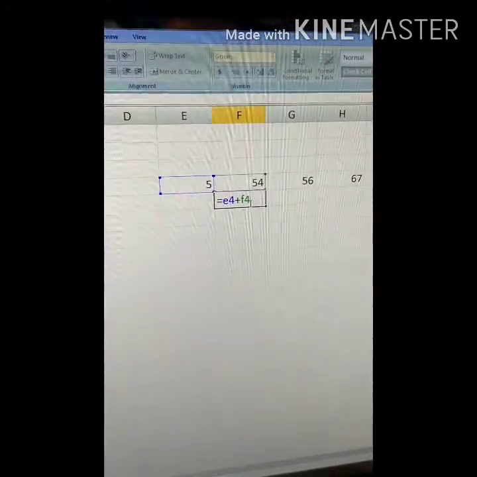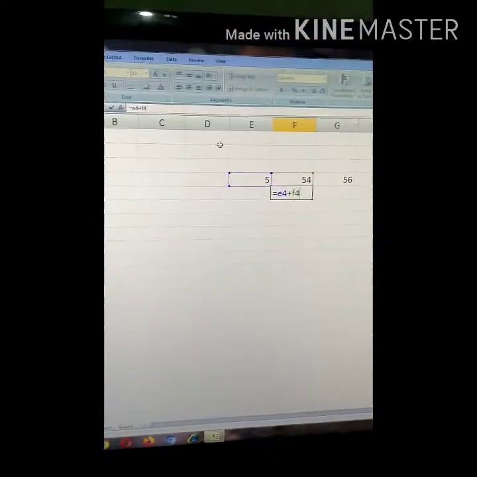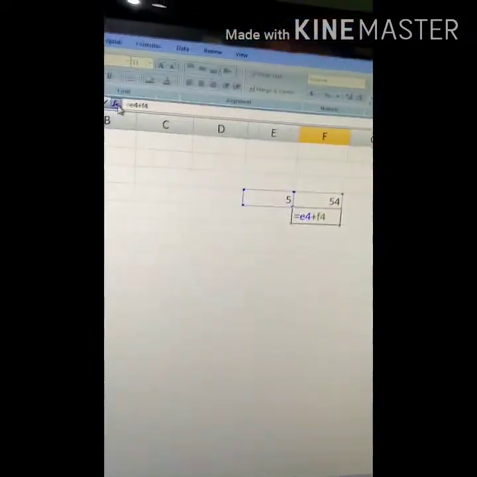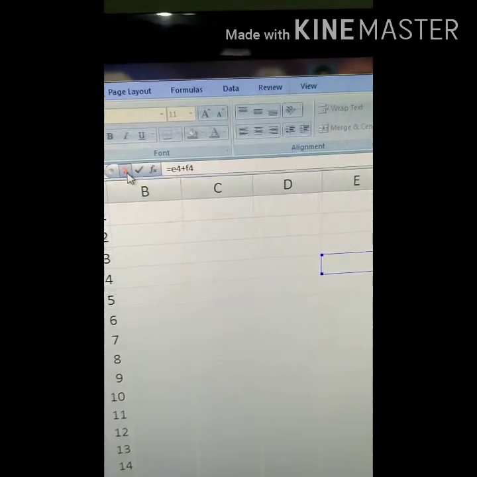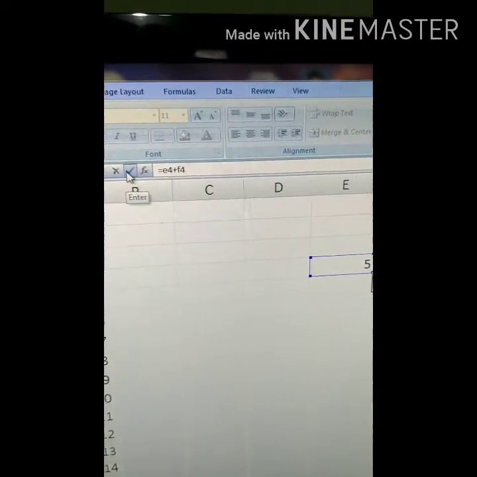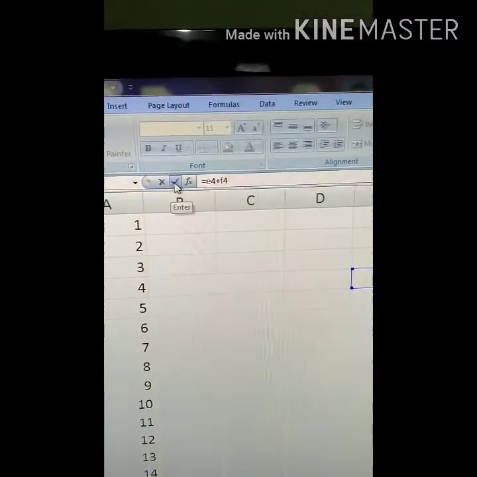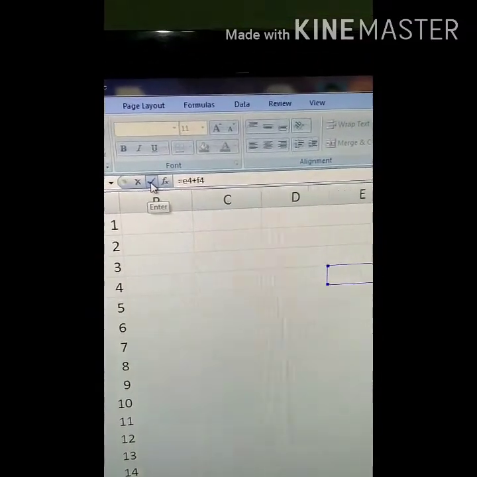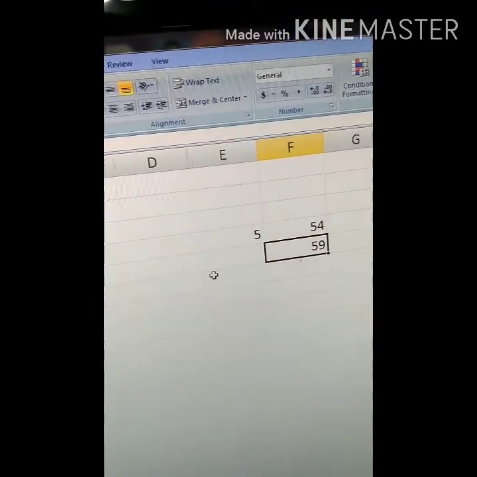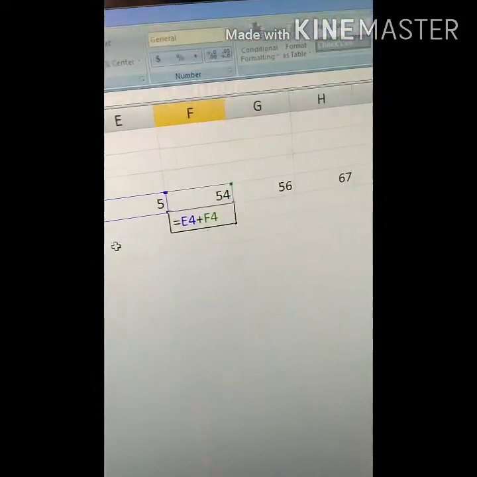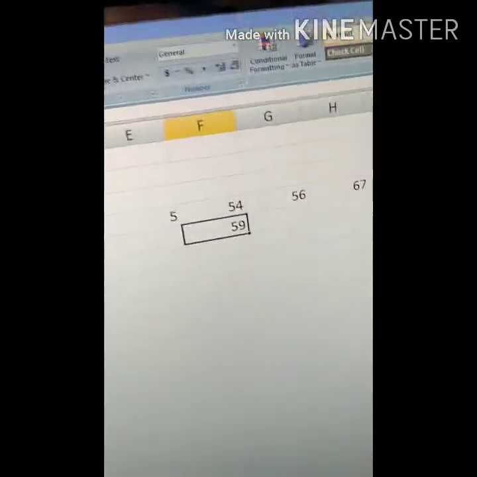Now see, both the cells are active. So in the formula bar you will see two things are active here. One is the cancel button and the second is the enter button. If we have completed our work, then click on the enter button, or we can press enter from the keyboard also. Press enter, we will get the value. Otherwise, if there is any problem in the formula, then press the cancel button.